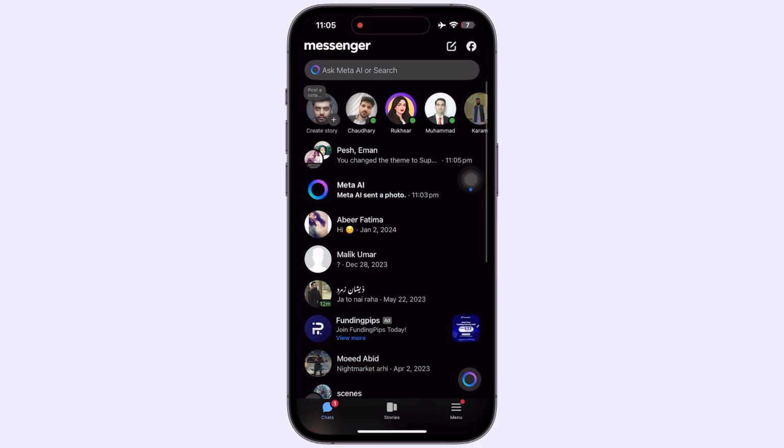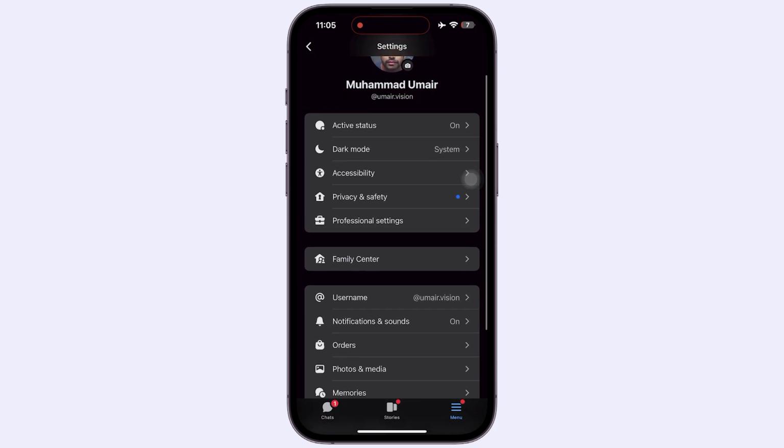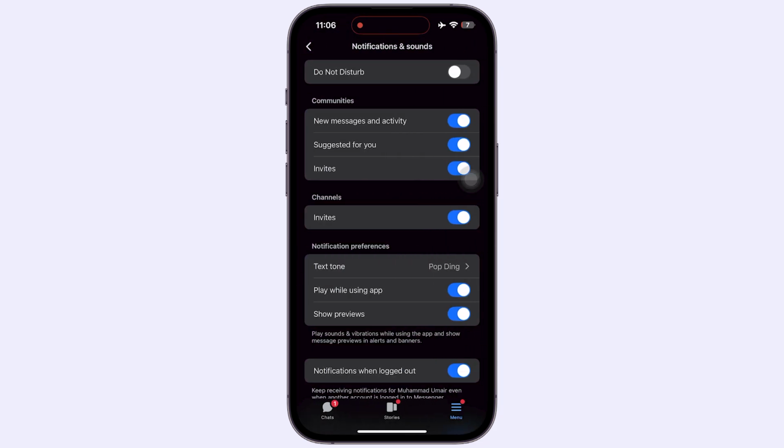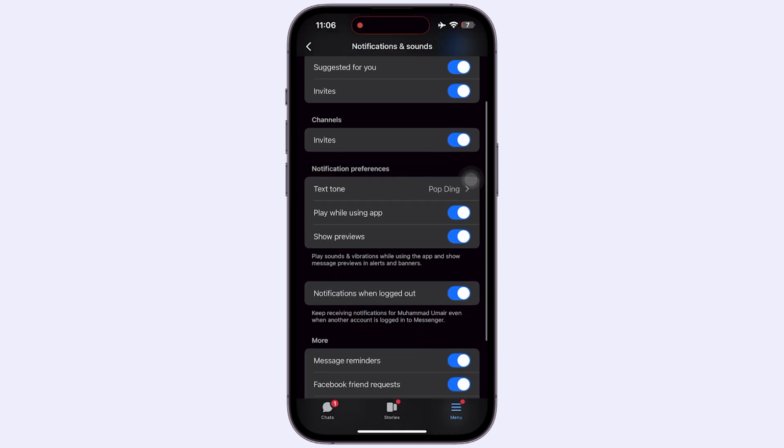In this video, I'm going to be showing you how to change Facebook Messenger ringtone on an iPhone. So this is actually really simple. So first of all, what we need to do is you can head over to your settings, and in here